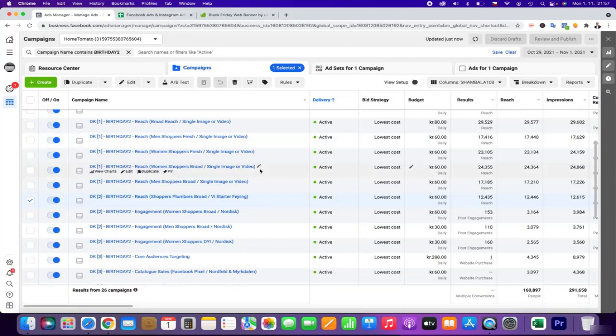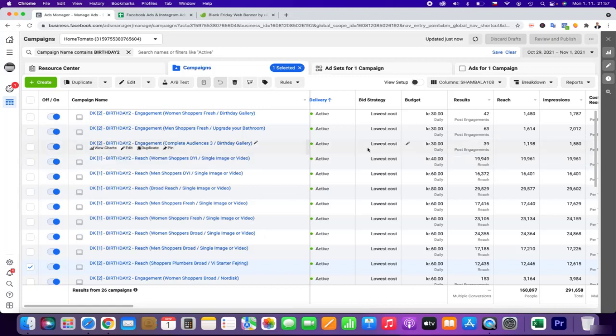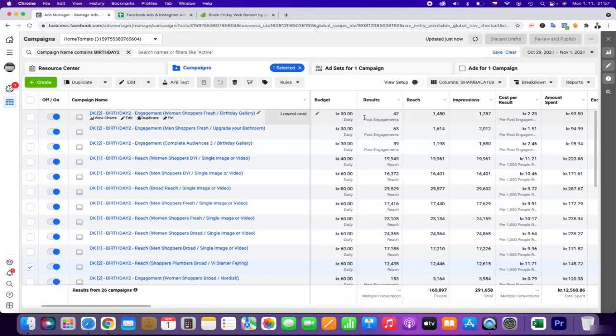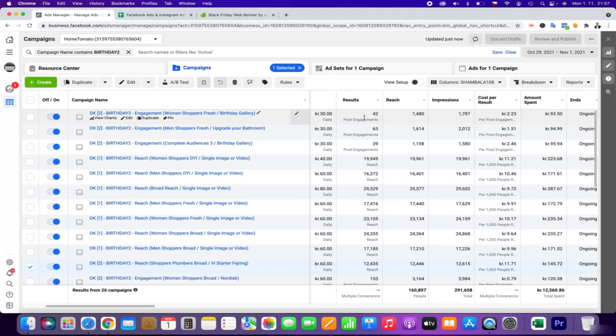And as you can see, what we are doing, we are using the power of engagement, and we are engaging people with different galleries, and also reaching out to different audiences for engagement.